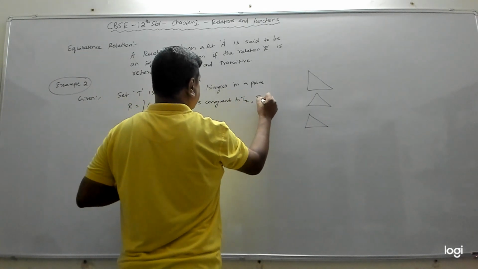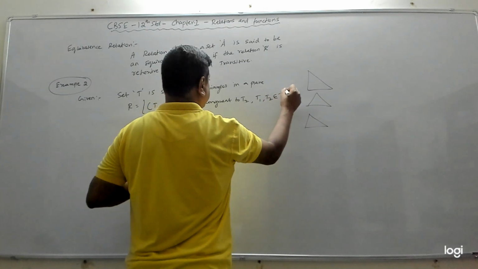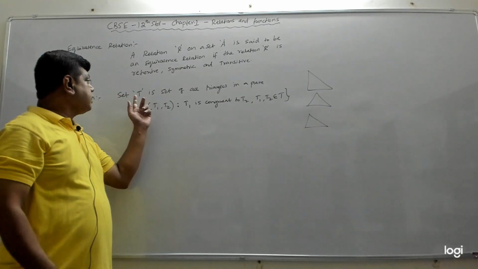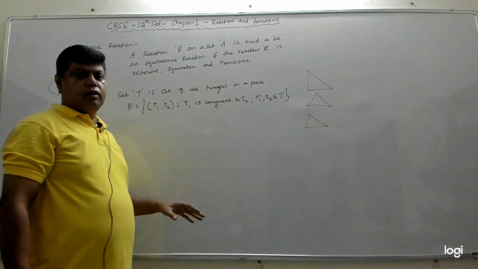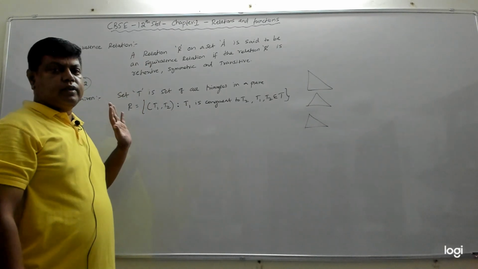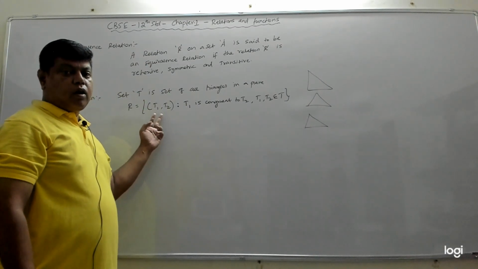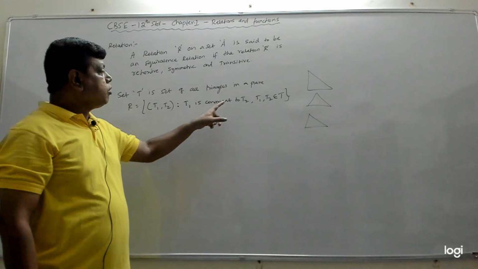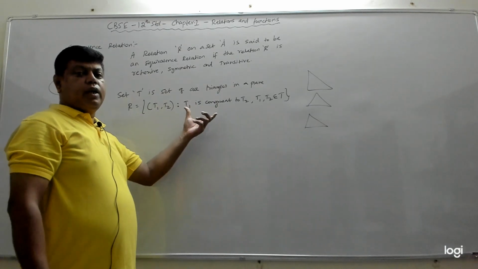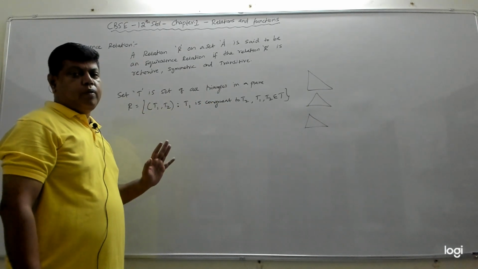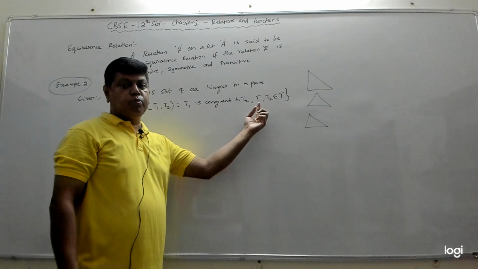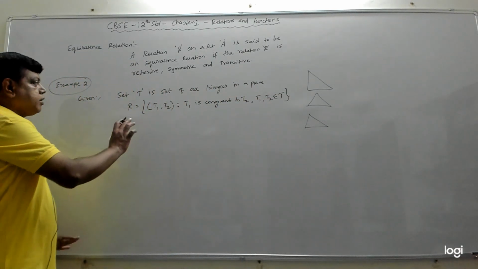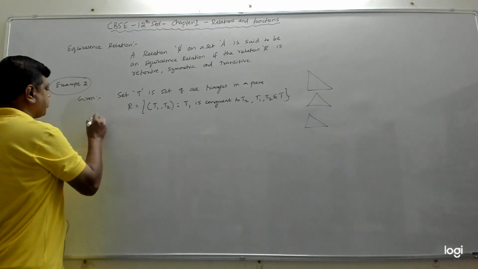Obviously T1 and T2 belong to the set T. Two triangles are said to be related by this relation if triangle T1 is congruent to triangle T2. Then we say T1 is related to T2. Both triangles come from the set T, and set T has all triangles. So this is given in the question, and what we have to show is